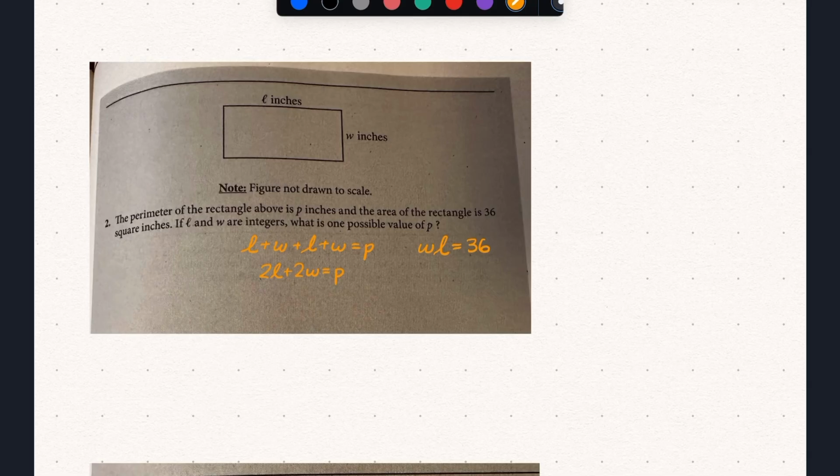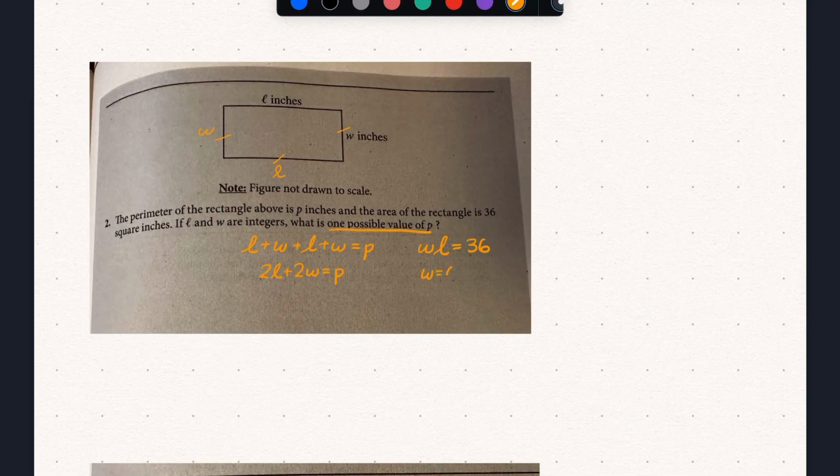But I think a really simple way of thinking through this is just noting that a square is a rectangle. It's a rectangle where all of the sides are the same length. In a non-square rectangle, opposite sides are the same length. So this is also of length W. This is also of length L. But in a square, W and L are the same. So in that case, which would be valid because we're only looking for one possible value of P,